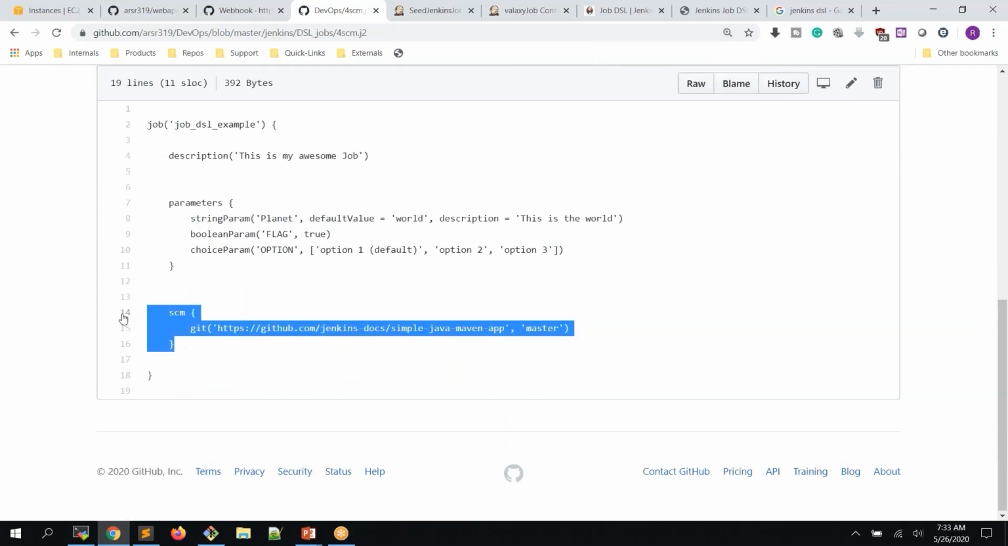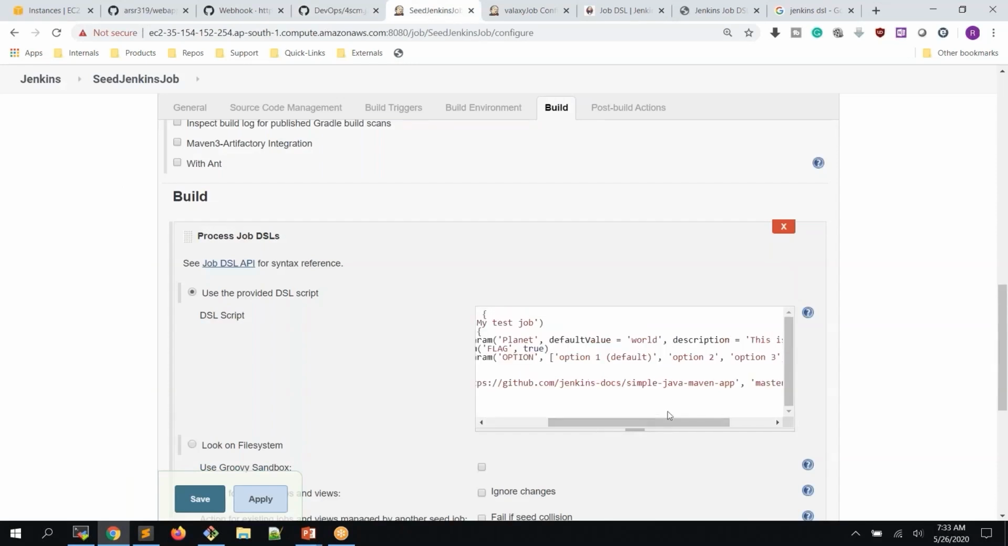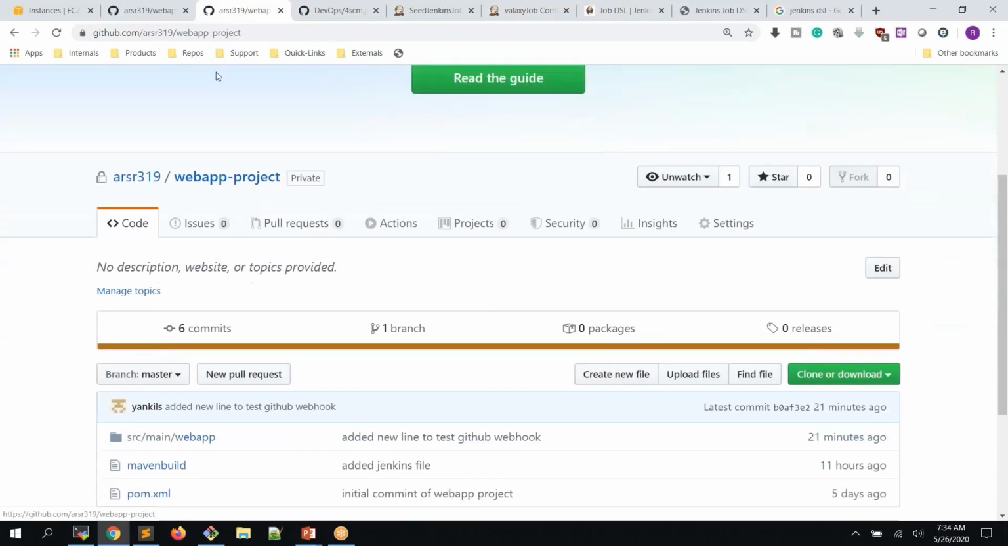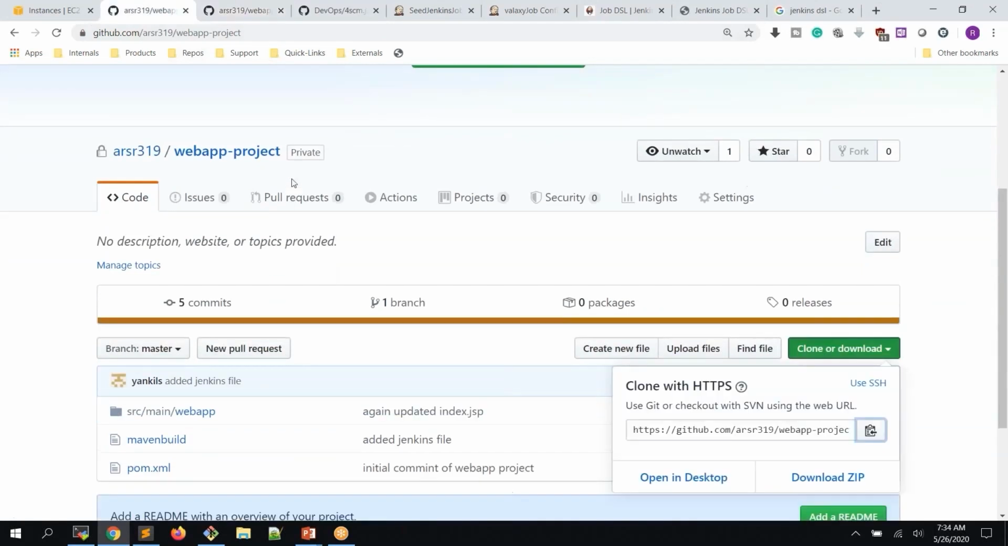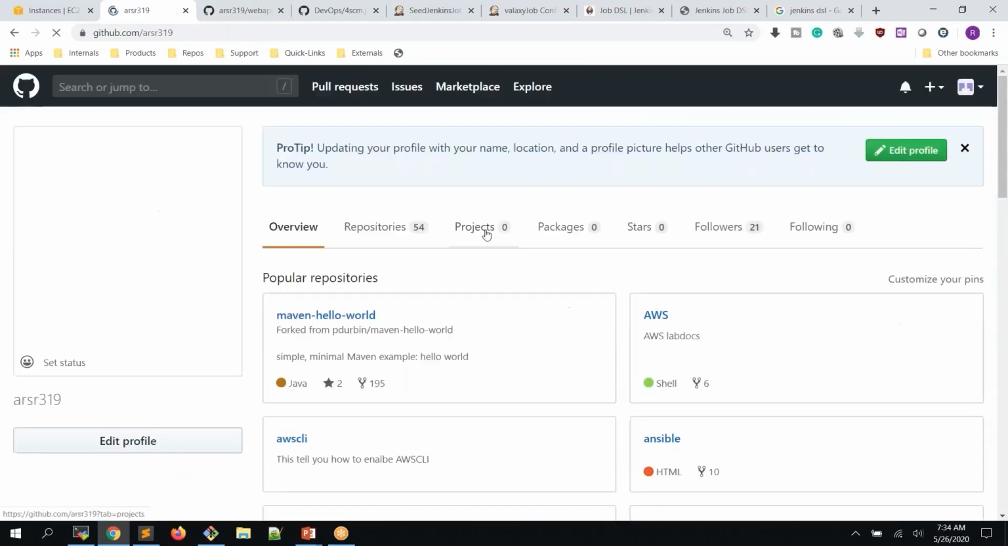Now I'm going to give the SCM option in our seed job. So I should copy it over here, and instead of this particular URL, I'm going to change it to our GitHub repository. So what I will do, I will go with this one, the web app project repository. Sorry, it is private. Let me go to the public one. This is hello world, right? So going to the hello world program,